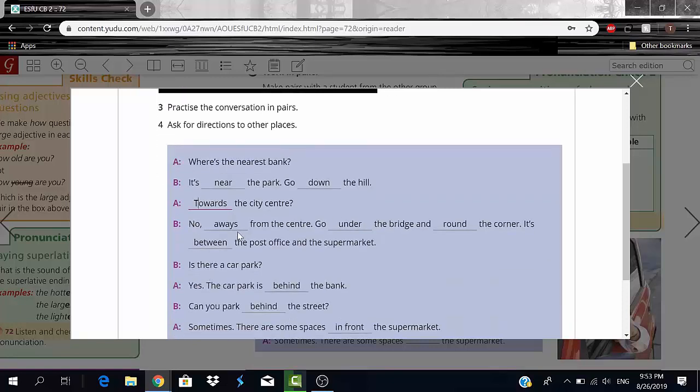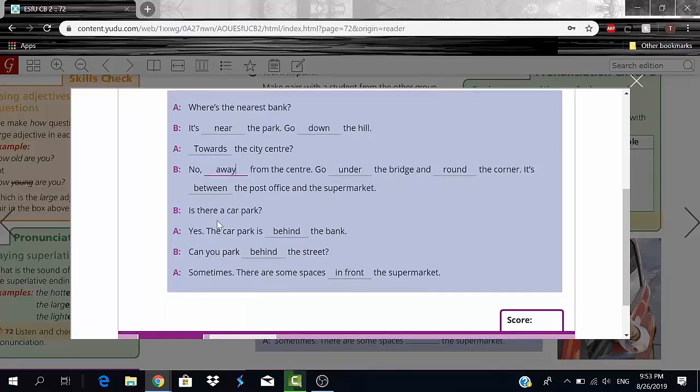No, away from the center. Go under the bridge and round the corner. It's between the post office and the supermarket. Is there a car park? Yes, the car park is behind the bank. Can you park behind the street? Sometimes. There are some spaces in front of the supermarket.